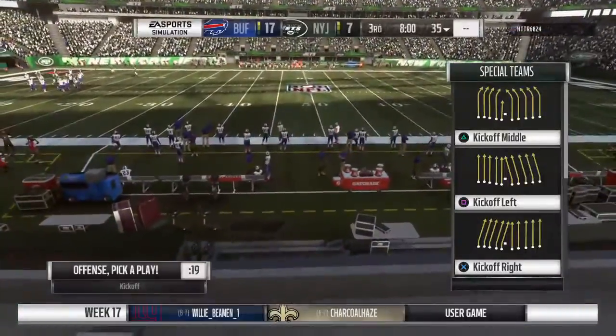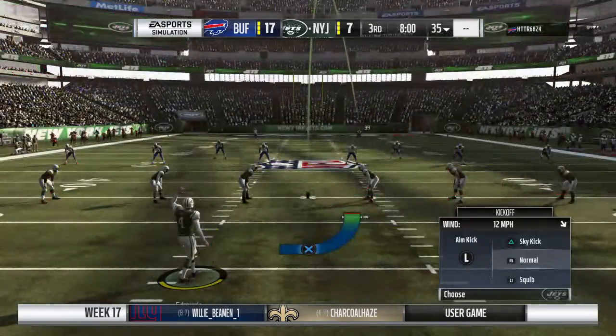As we'll send you down the coast now to Orlando, that's where we find Jonathan Coachman, ready with our EA